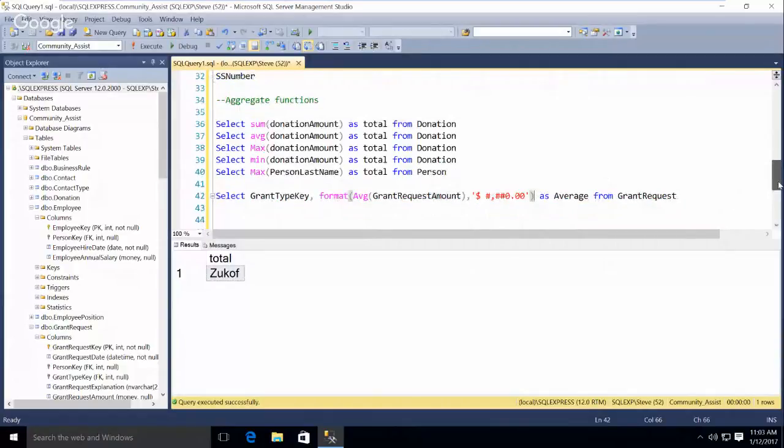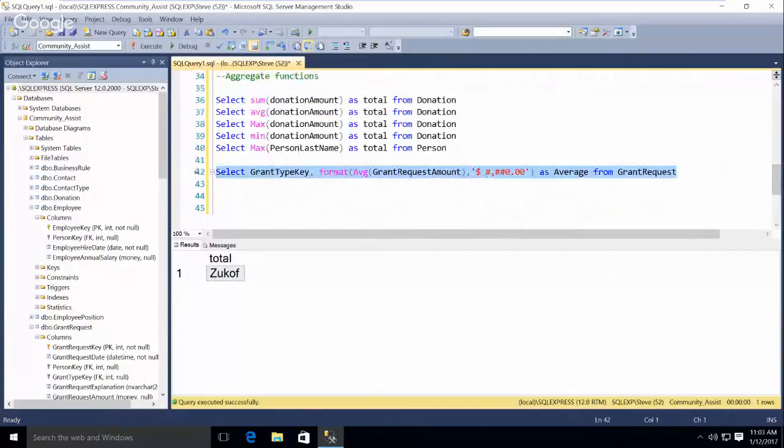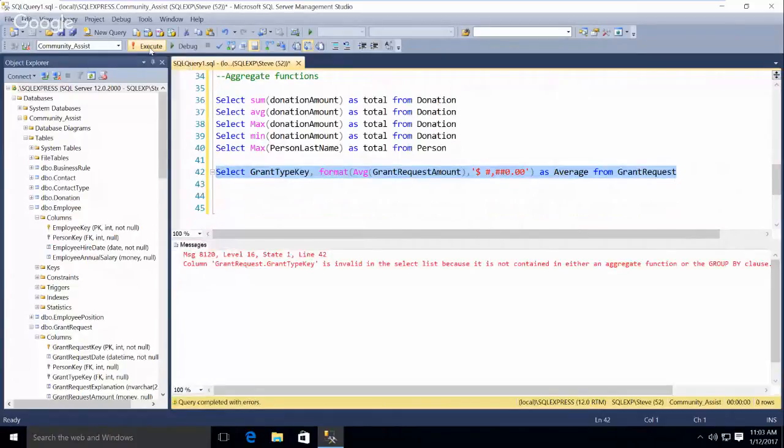Anybody know why? No, it's actually, that's okay. Part of the problem is that type is scalar, row by row, right? And this is aggregate.